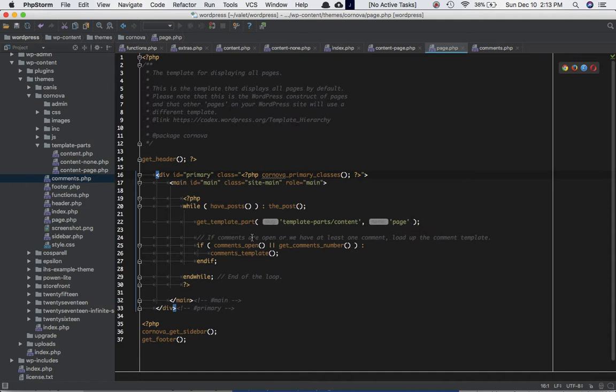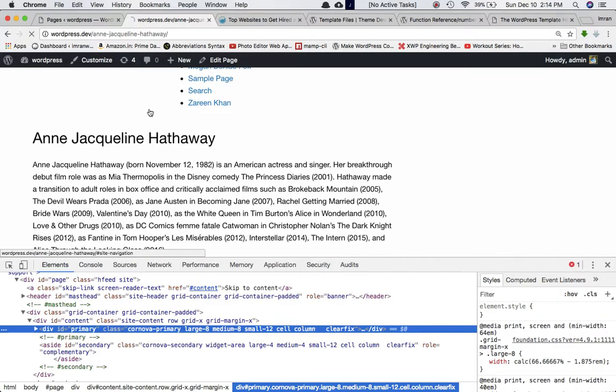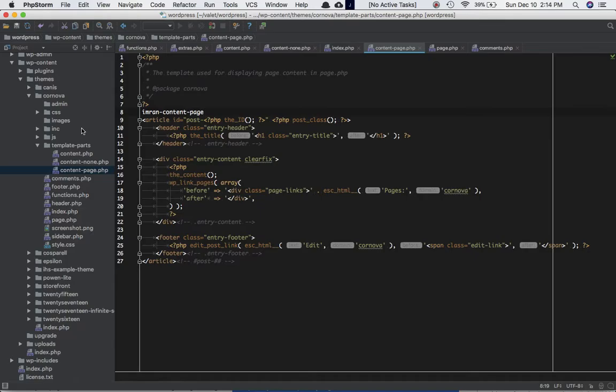Then you have the loop going on to display the posts, and it's going to include the content-page.php. Let's see if that's doing that. Let's type Imran content-page. Refresh it, and yes, sure enough, it is using the content out of the content-page.php, which is inside of the template parts. Okay, so over here,